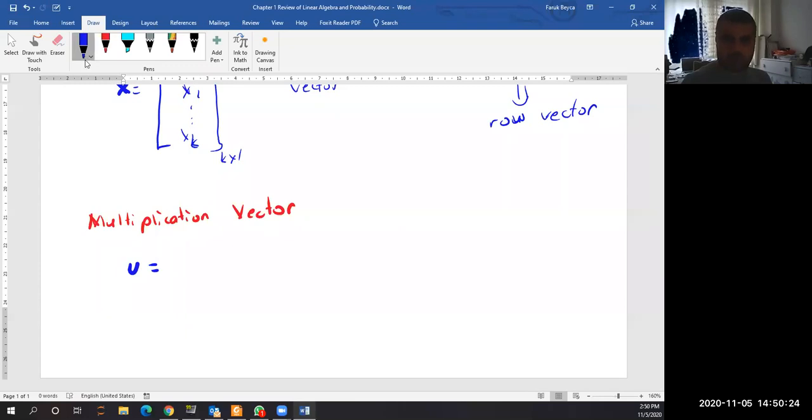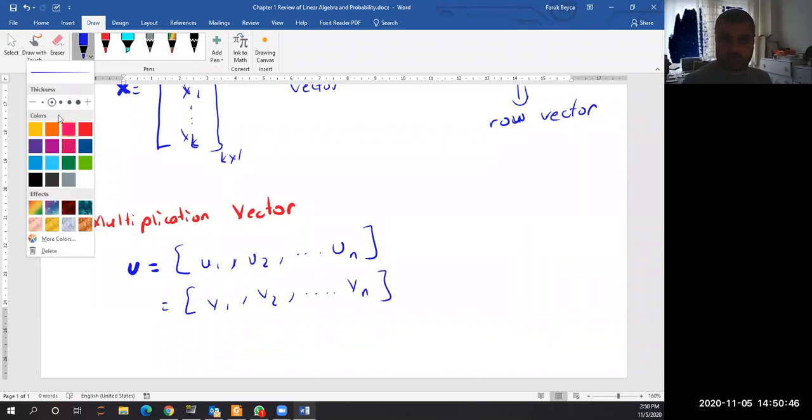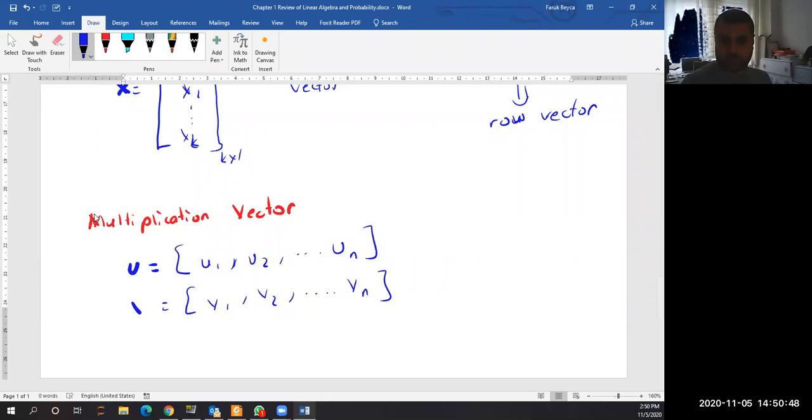u is equal to u1, u2, un. And we also, let's say we have another vector v1, v2, vn. So this is v. We have 2 vectors, u and v. So the concept is